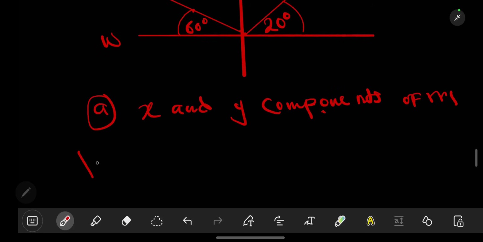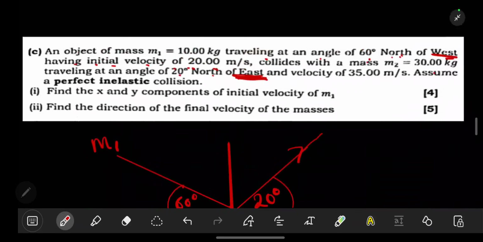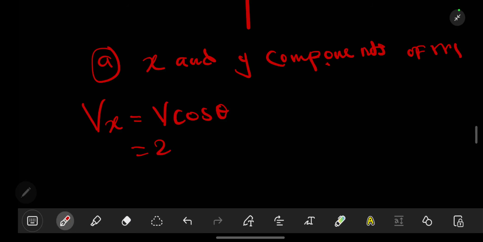So we are going to say Vx should be equal to V. The velocity in the x is associated with cos, if you remember your vectors, V cos theta. V was moving at the speed of 20 meters per second. So we are going to say 20 meters per second, cos of our theta is equal to,